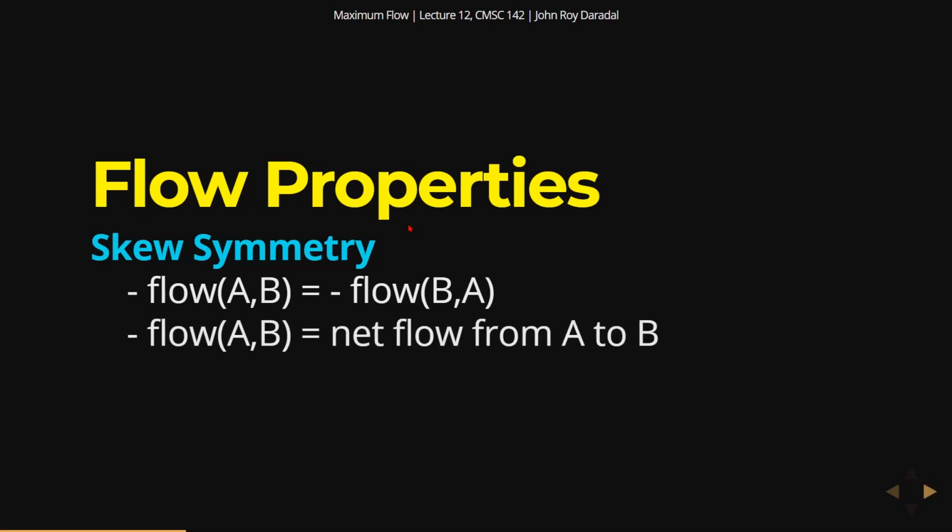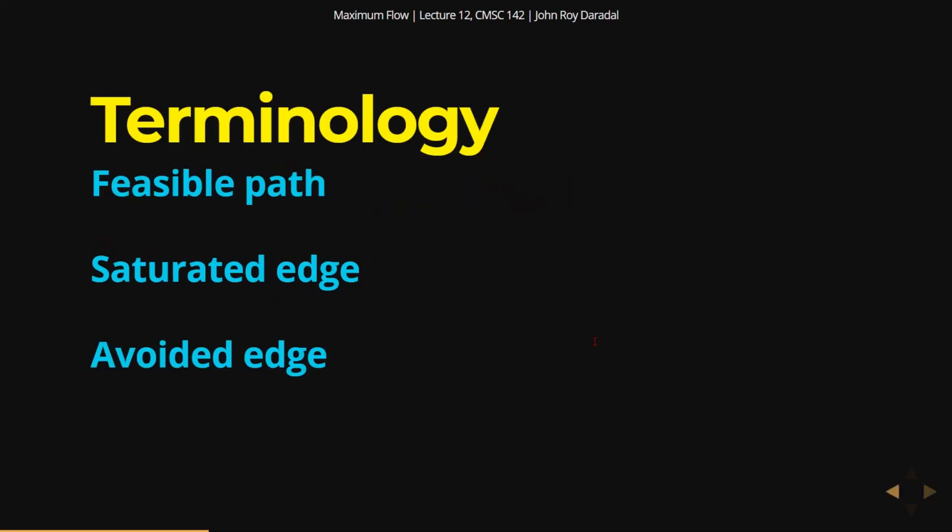So we'll call this the net flow from A to B, the flow of AB. Because there could be negative incoming flows in the opposite direction. So we'll just sum it up, the positive or the forward flow and then the backward flow, and we'll call it the net flow from A to B. Okay? So those are the three